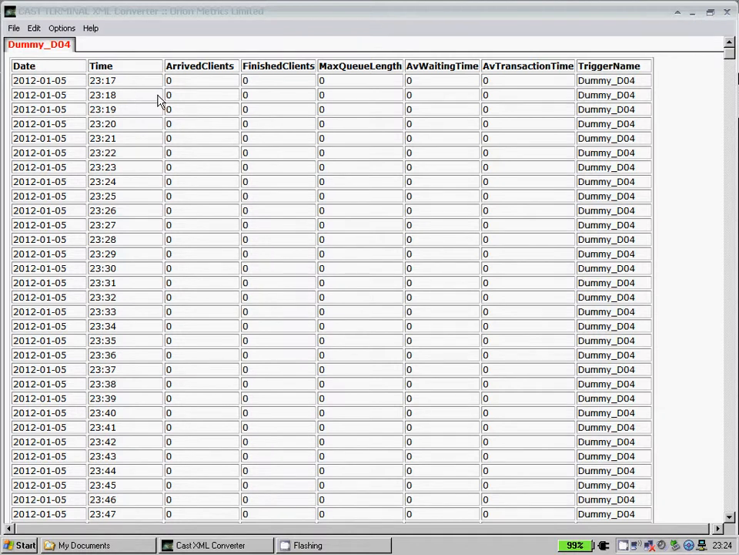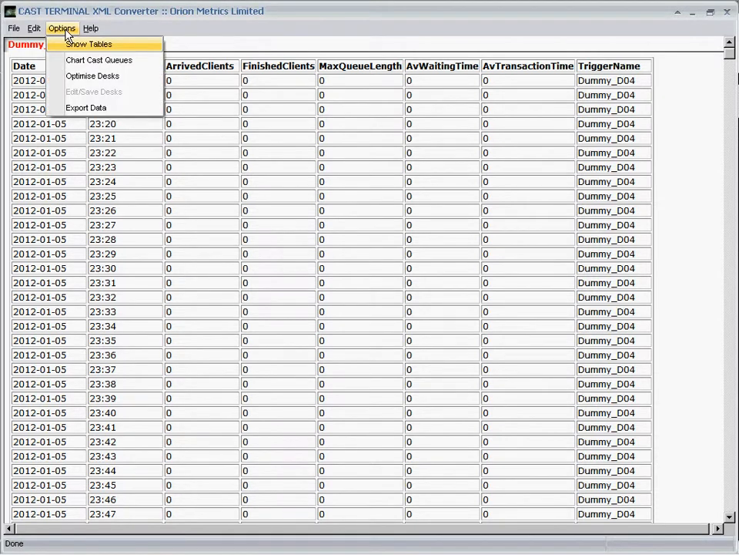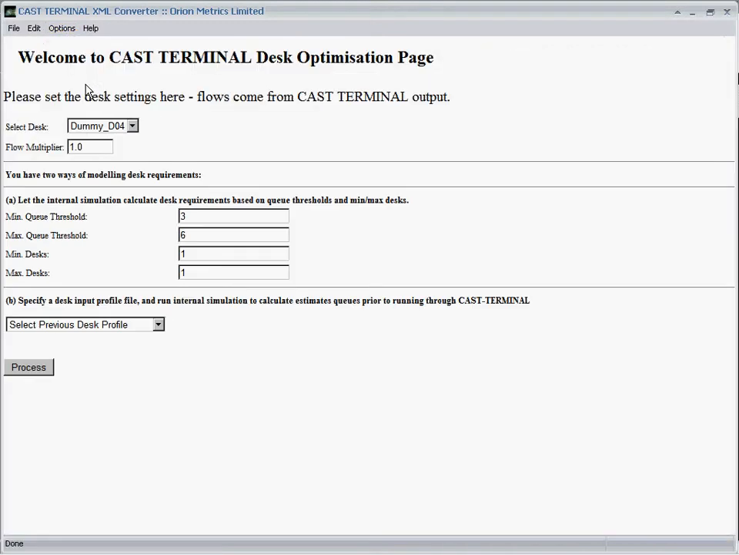Rather than going through what I did in the first part of the video, I basically skipped to loading an XML output file from Cast Terminal into my program. I'm going to show you now how to use the desk profile editing features. I've loaded one in here, same as the previous video showed, and I'm going to click on options and create an optimized desk profile, as I did in the first video, based on this input